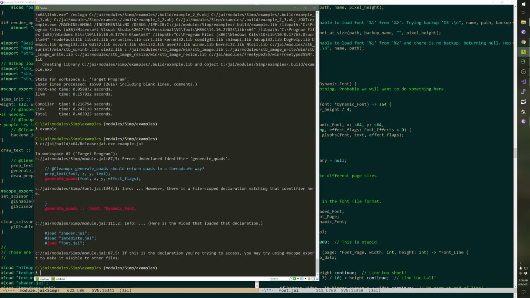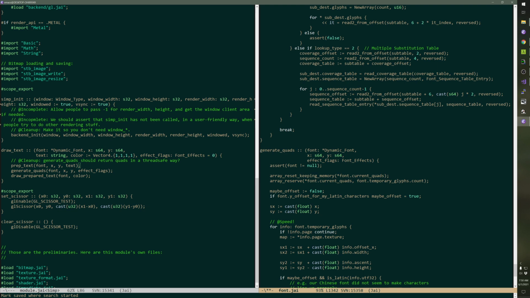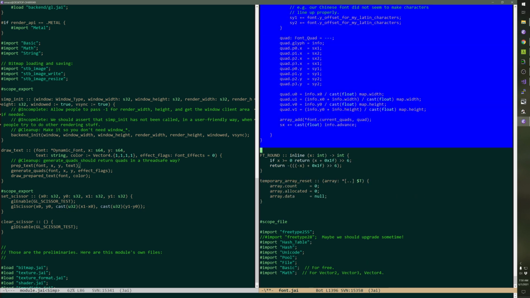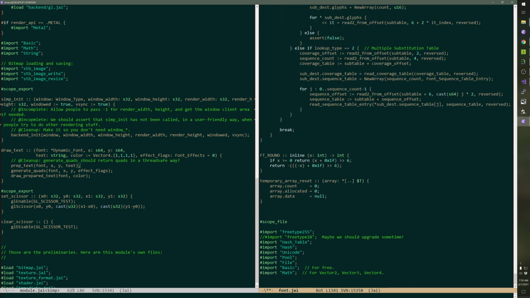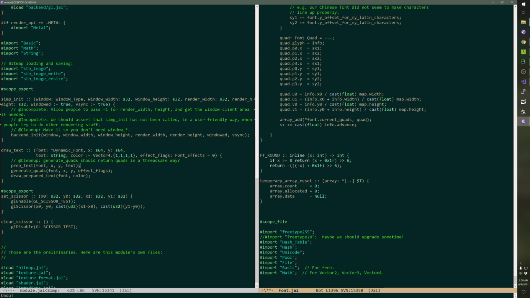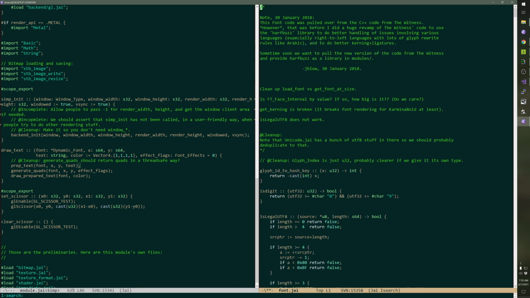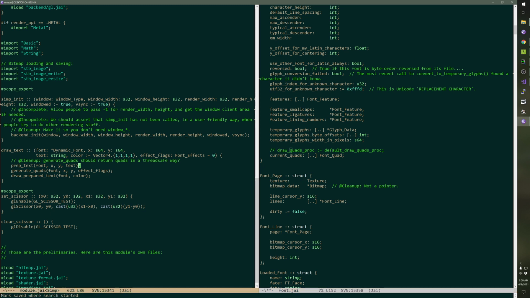So the reason why I'm breaking that up, actually, okay, this is confusing. So if I generate quads and draw prepared text, which is in GL,